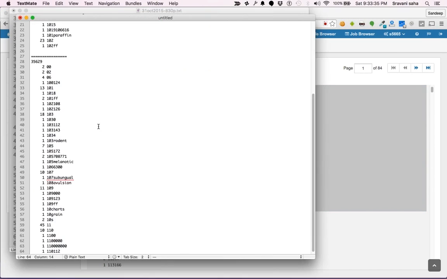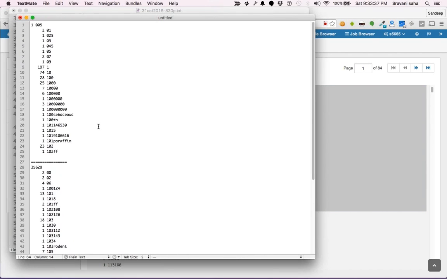Okay, now let's have a look at this. As opposed to your assumption that it will go sequentially, 005 went to the first node, while 00 went to the second node, 01 went to the first node, 02 went to the second node. So, as